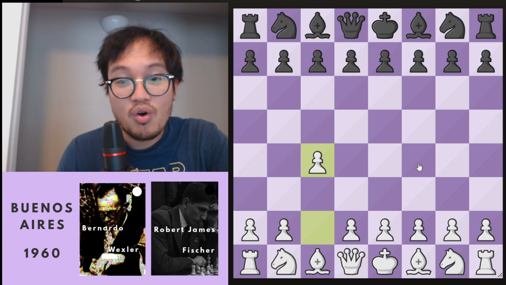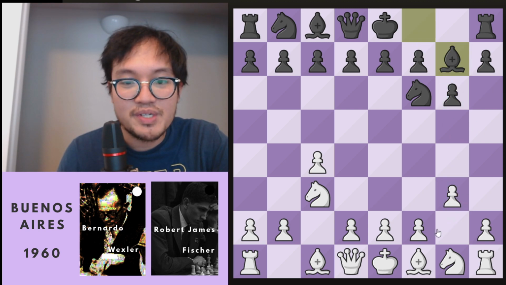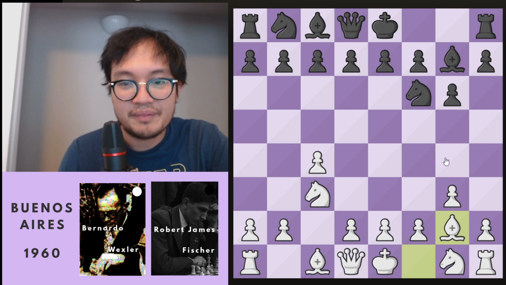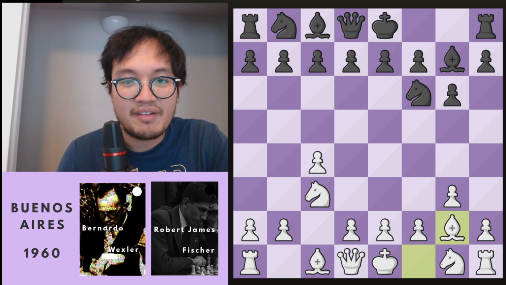C4, knight to f6, knight to c3, g6, and then g3, bishop g7, bishop g2. So the English, right? This is a normal English formation, and you have this fianchetto structure. So white adopts the light squared strategy. All right, then we have castles,